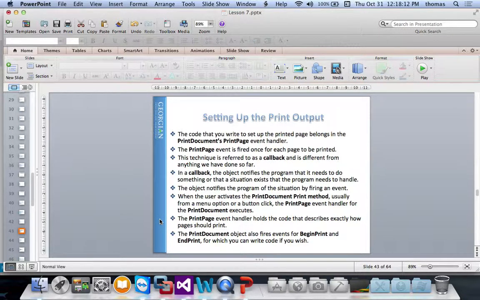The program needs to handle it. So it's almost like, hey, I need to have an event handler. When I call a print, I'm actually using the print callback feature to make sure that print event handler fires. Okay? And there are a couple of other events you can use for print document, which are begin print and